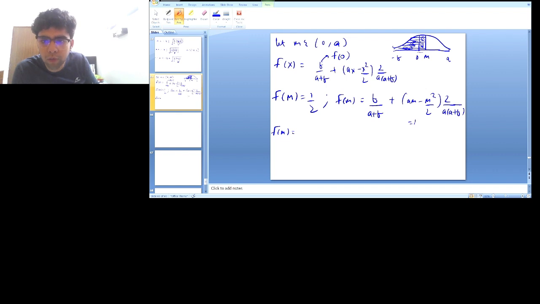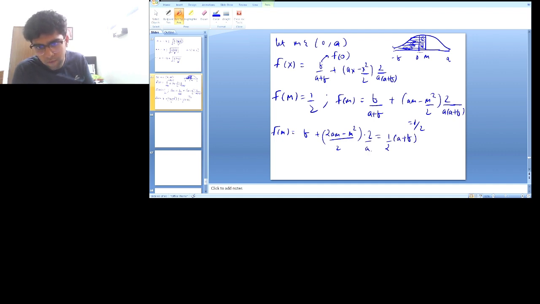So what I can do is multiply a plus b both sides. So this will give me b plus 2am minus m square by 2 into 2, and I multiplied a plus b on the LHS and the RHS, and this gave me this term,